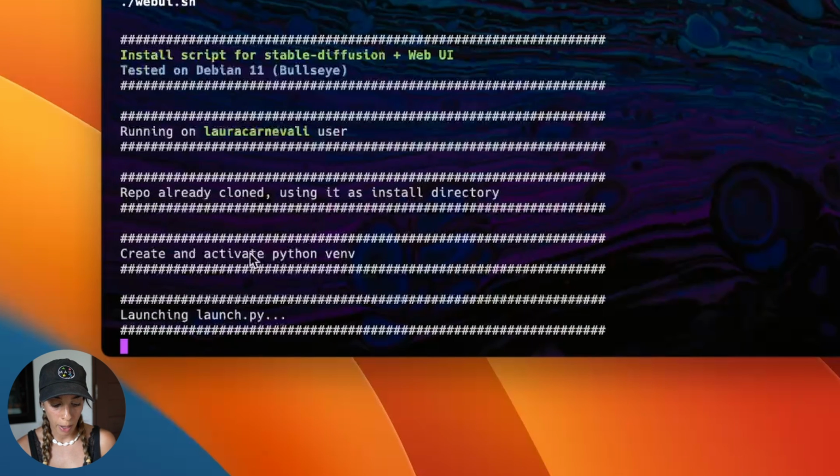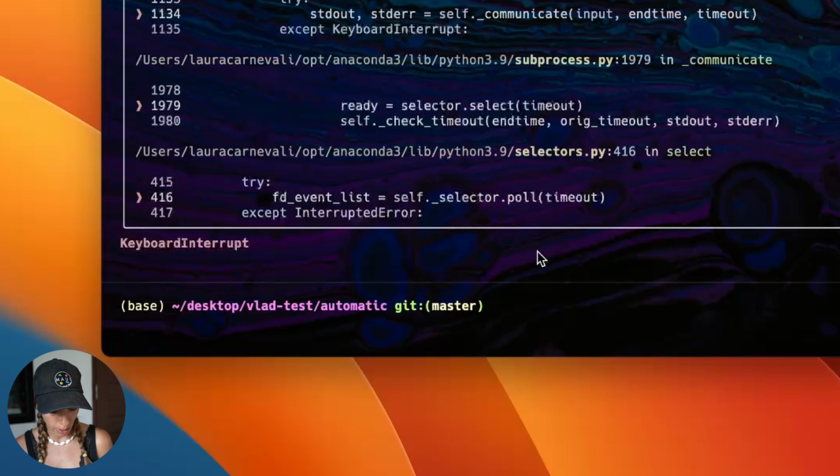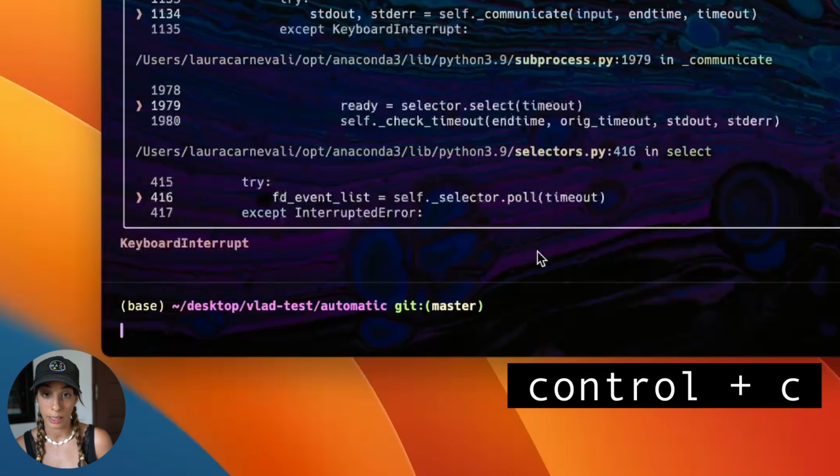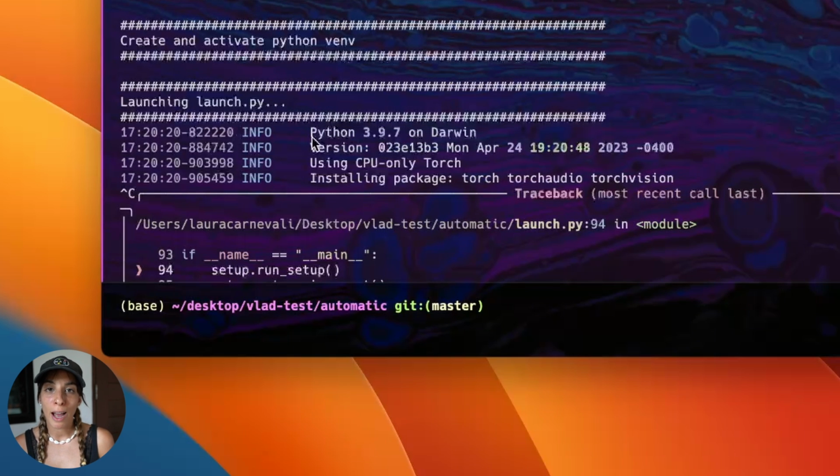It's going to create a Python environment called venv. And I'm going to stop this installation here because I can see already that there is an error. You can stop the installation by typing Ctrl+C on your Mac. So the issue here is my Python version. In reality, I have Python 3.10. And for some reason, when I launch this webui.sh file, Python is downgraded to 3.9.7, and I already know because